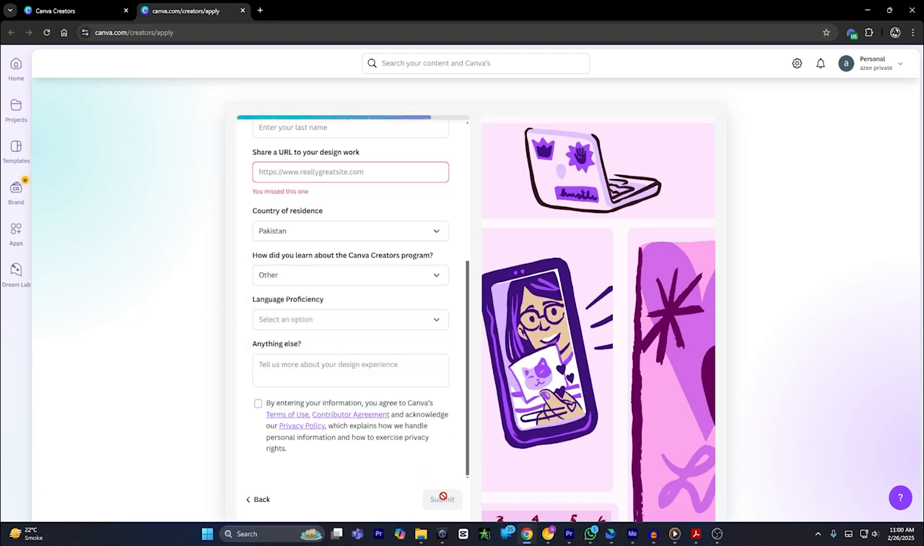And after that, the Canva Creators team will review your application and check if you're eligible for becoming a Canva creator or not. If you're eligible, then you'll get an email back from Canva, which means you have successfully become a creator. So after that, you can set prices and each and everything, and that's simply how you can sell